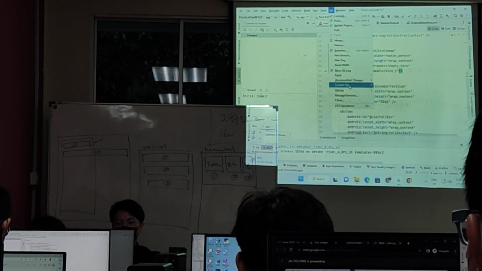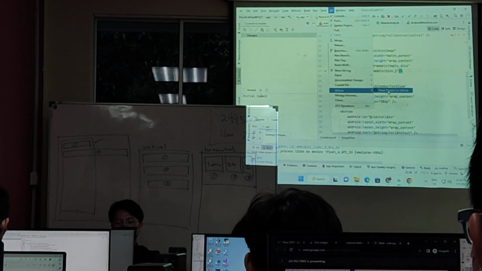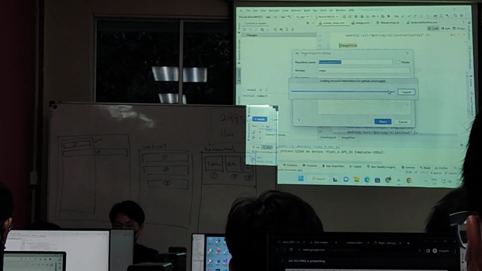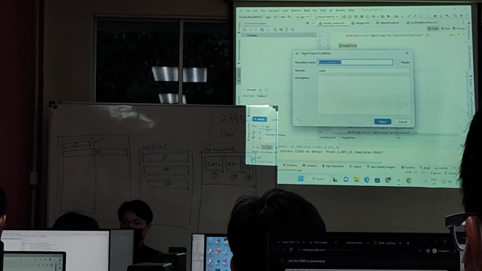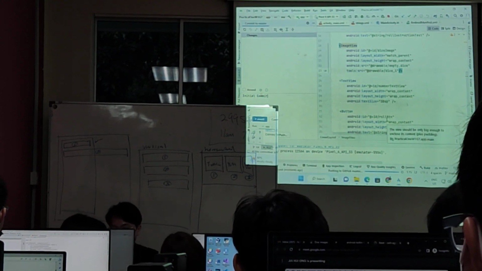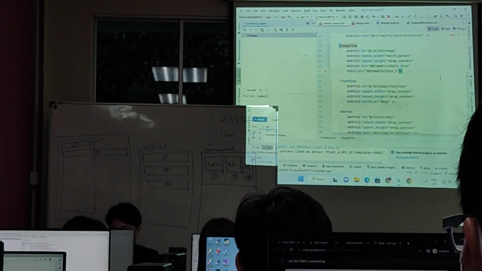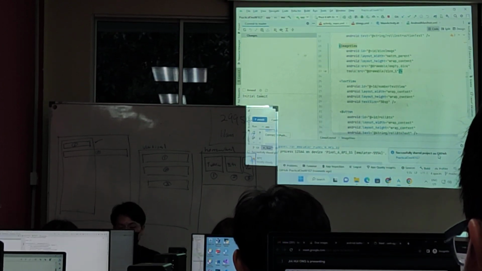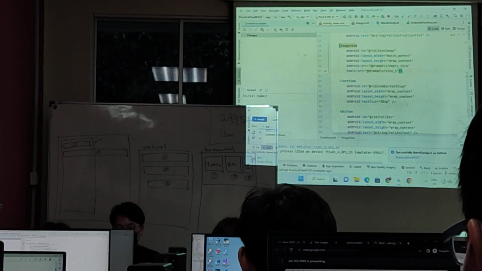Because this is the first time, you can actually go under GitHub here and then share project on GitHub. Okay, let's share. Right, it will tell you that you successfully shared the project on GitHub. Click repository. Okay, if you go to your account,